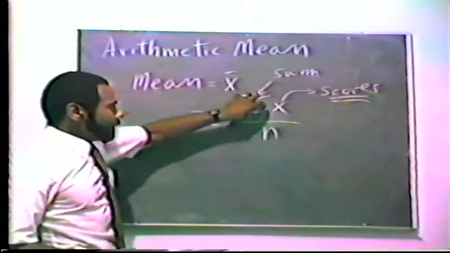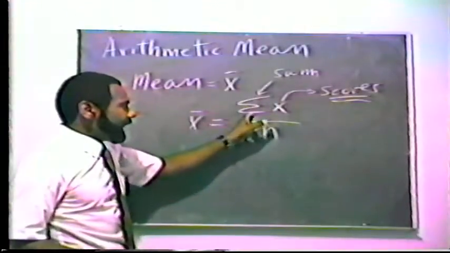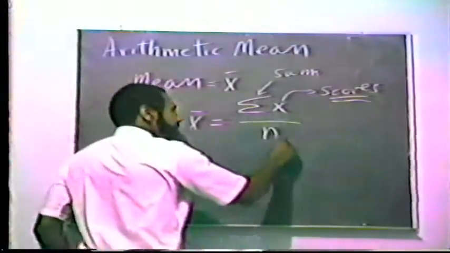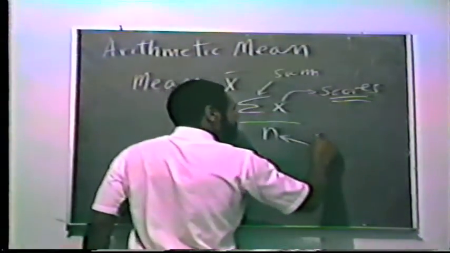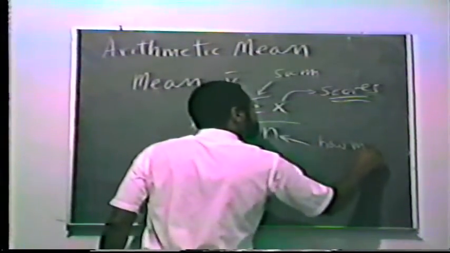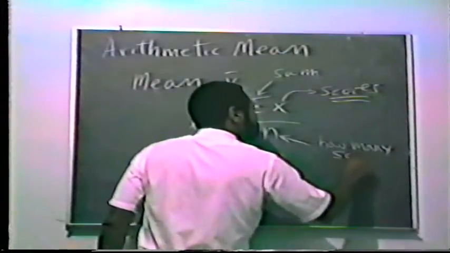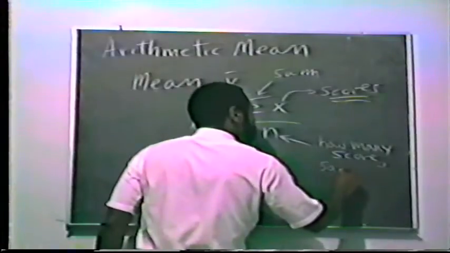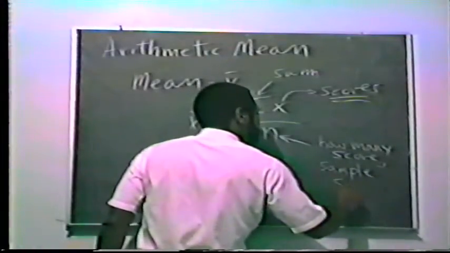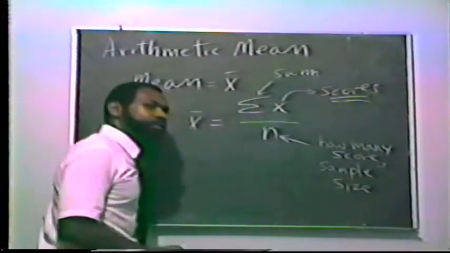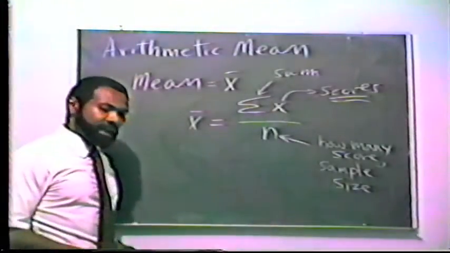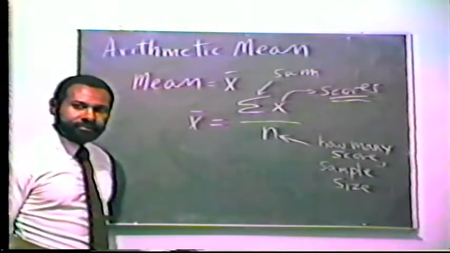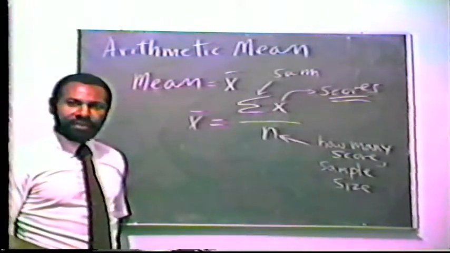So this numerator tells us that we have to add the scores together, and then we have to divide by n. And n represents how many we have, or what we sometimes refer to as the sample size. The sample size, the number of scores we have. For example, if we have 4 test scores,